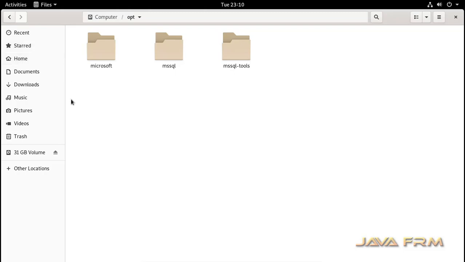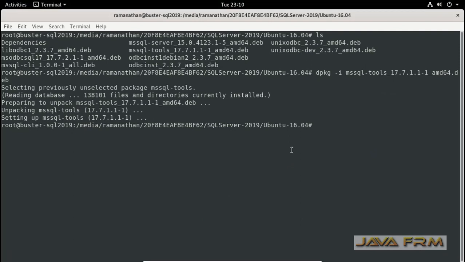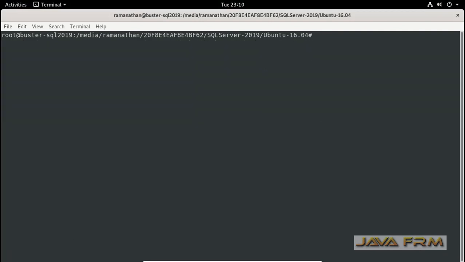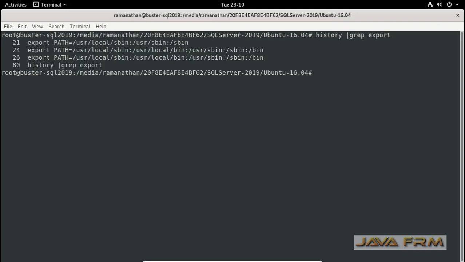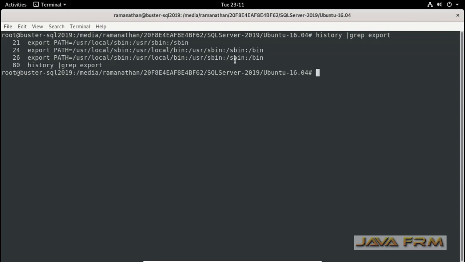Now what I am going to do is configure the path. I am going to export this path so that all the commands will be available in this terminal.